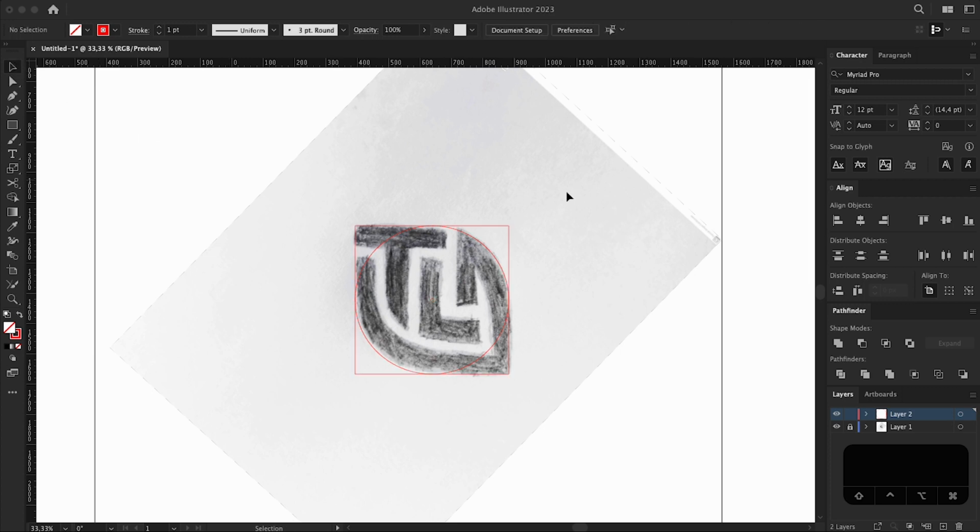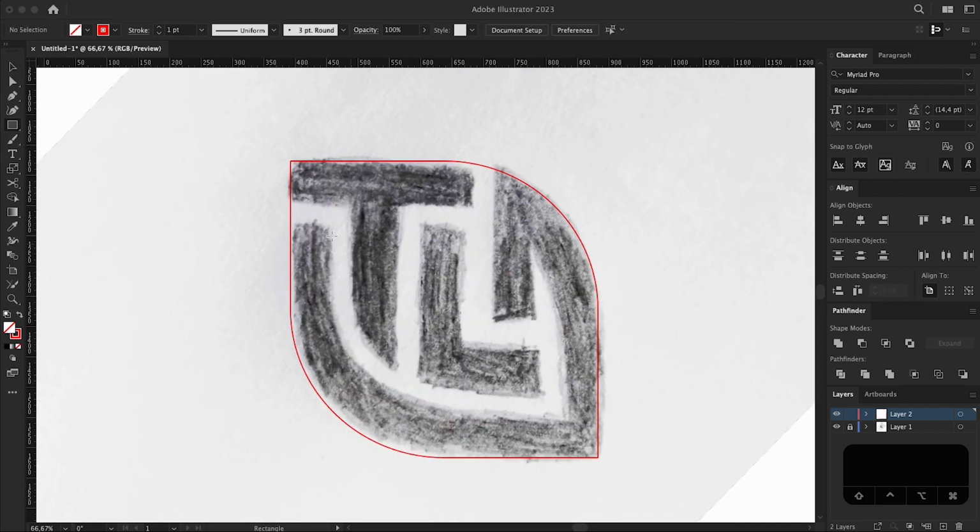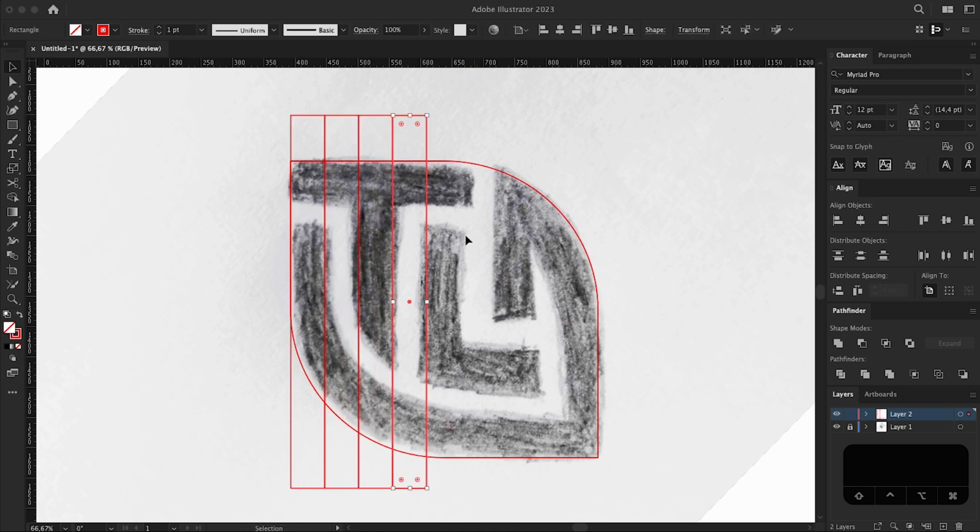To delete the unneeded parts, I selected all the objects and activated the Shape Builder tool button. Then proceed by pressing the Unite feature to combine all vector objects. Perfect! Now I'm going to create the inner vertical grid lines with the Rectangle tool. Duplicate them in parallel by pressing and holding the Shift key, followed by Command D to multiply these rectangles.